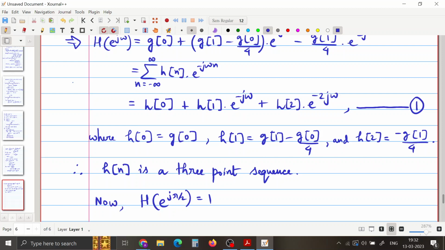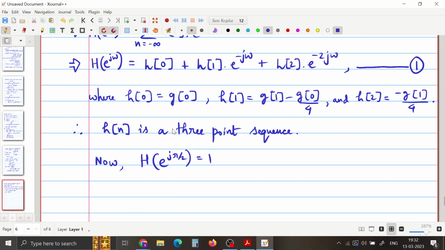We were actually calculating capital H, the frequency response. If we label this equation 1 and put omega equals pi by 2 here, what we get is,